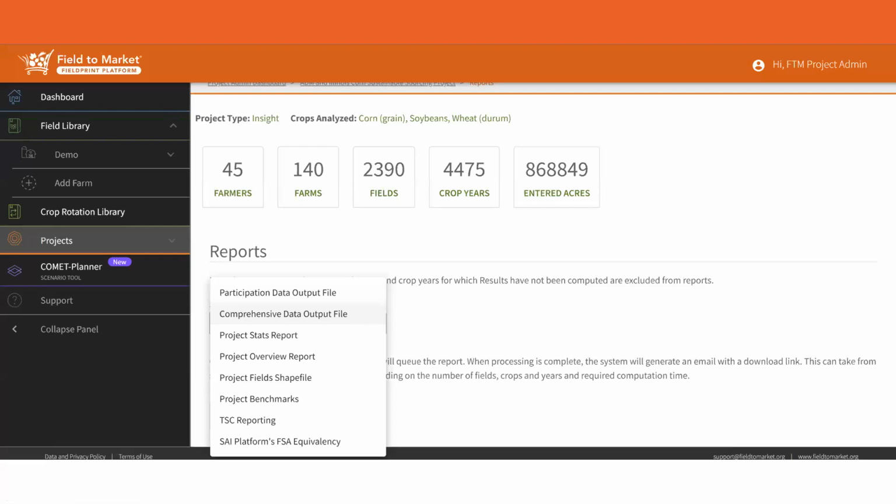It has all the inputs, all the outputs at the field level, all the metrics. And anyway, you can use that to aggregate the information however you want. If you see down, you can see the shape file, the location of the fields. You can see benchmarks. You can create a file to report to the Sustainability Consortium if you care